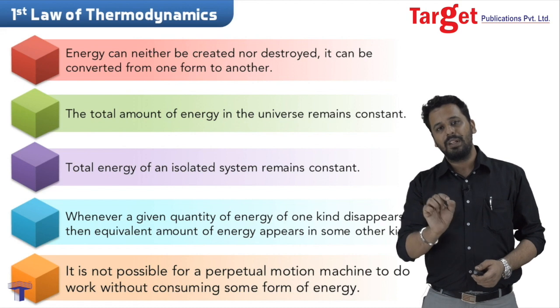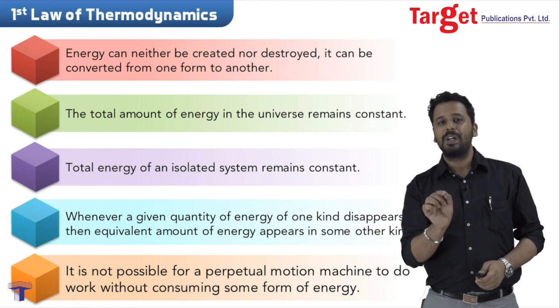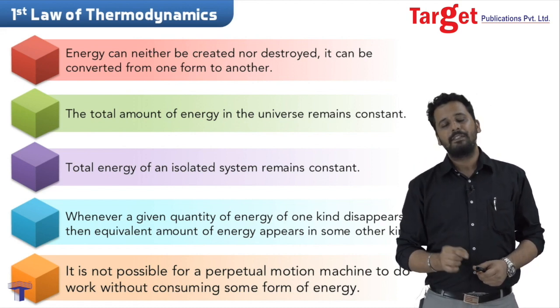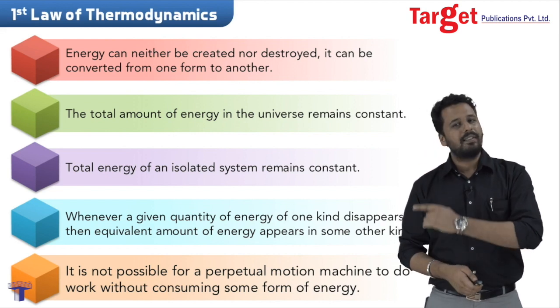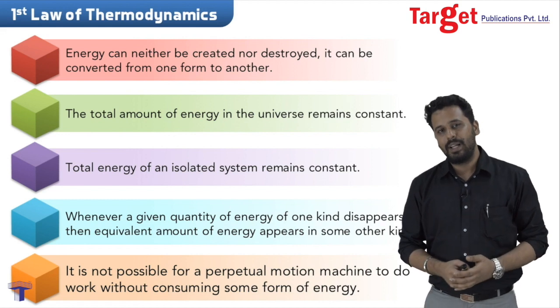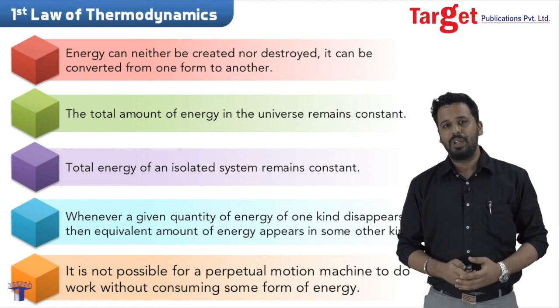So it is not possible for a machine to work continuously without consuming some form of energy. These are all the different statements of the first law of thermodynamics, और ये सभी आपको याद होने बहुत ही